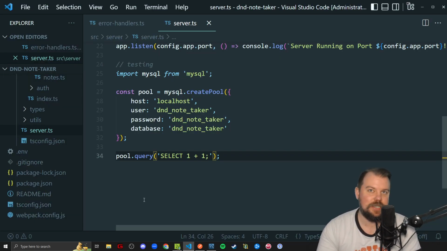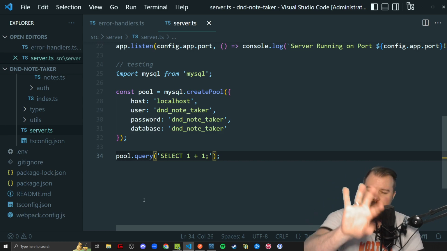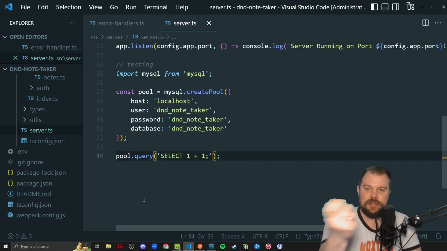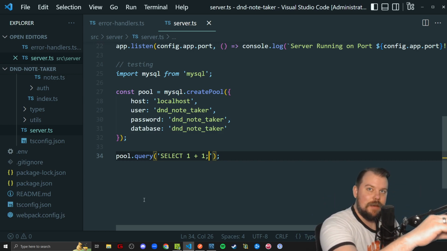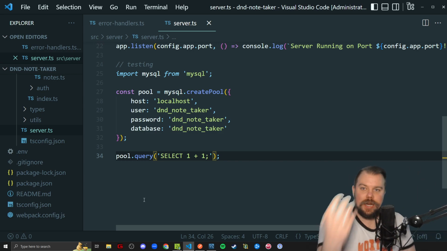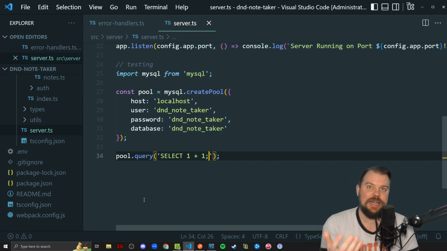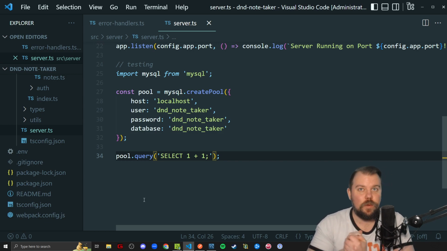pool.query, the whole MySQL 2 library runs off of the good old asynchronous way of handling code called callbacks. So our Node Express server running right now has to make that connection when it starts. Then when we tell it to run a query, it goes, got it, I'm going to take this query you gave me and run it over to the database. I'm going to run that query, get its results, and bring it back to you. Now, while it's almost instantaneous for our eyes, and probably in the real world until we get to huge data sets, that is still some non-zero amount of time that we have to account for,